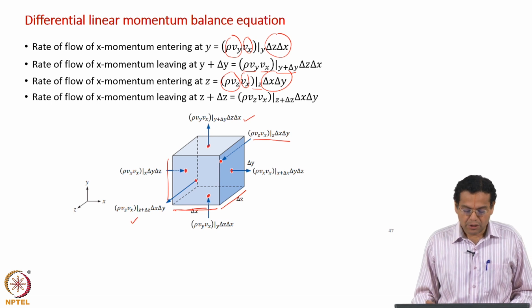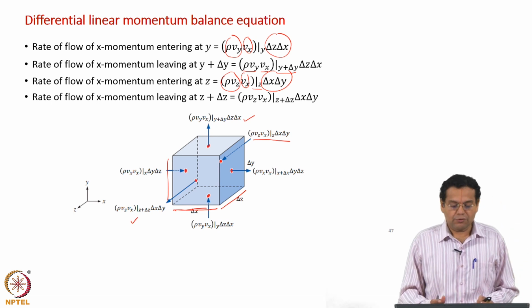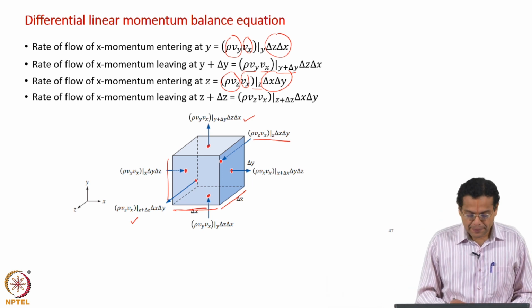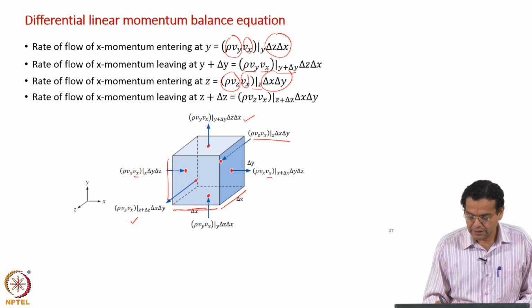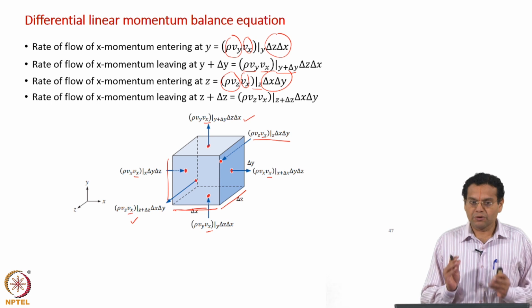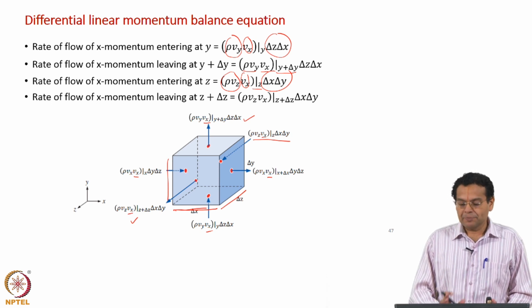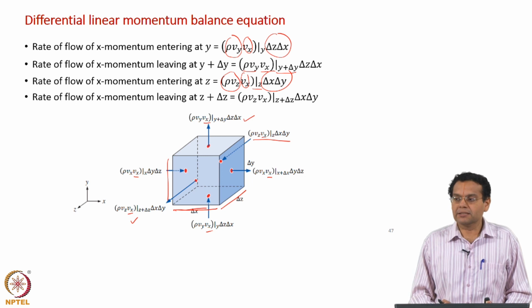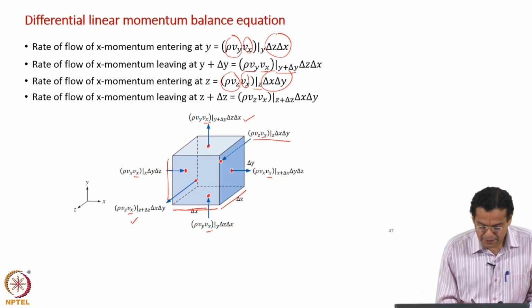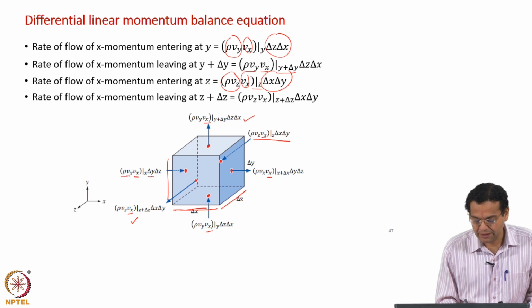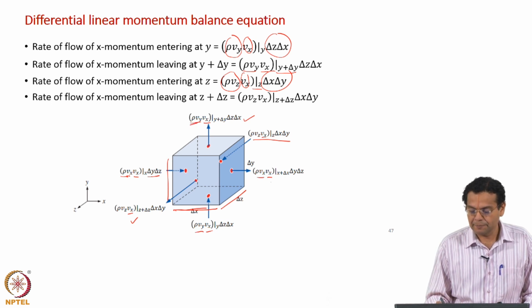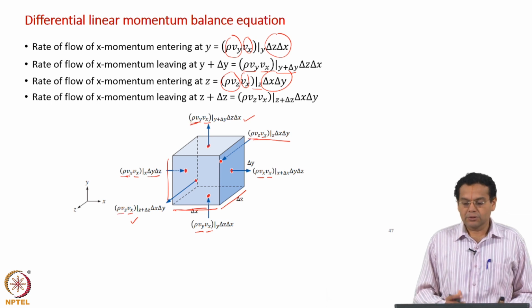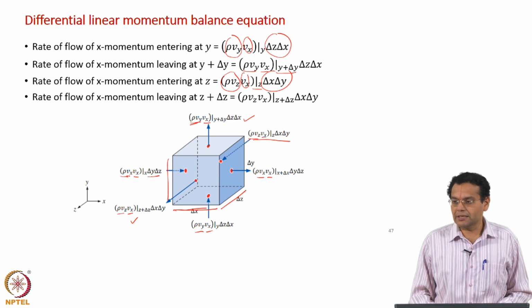So, now let us focus on the flows shown in this diagram. The second velocity component is always Vx, look here Vx, Vx, Vx, Vx, Vx and Vx. So, if you look at the diagram itself, we should be able to tell that we are writing the x linear momentum balance along the x direction. Look at the first component Vx, we have rho Vx, of course, along with delta y delta z, that tells about mass flow in the x direction entering and leaving. Similarly, mass flow in the y direction entering and leaving, mass flow in the z direction entering and leaving. So, the way in which you write should go along with the physical interpretation.